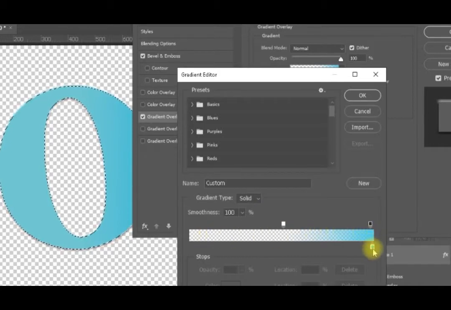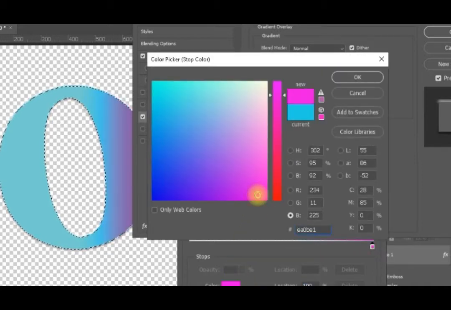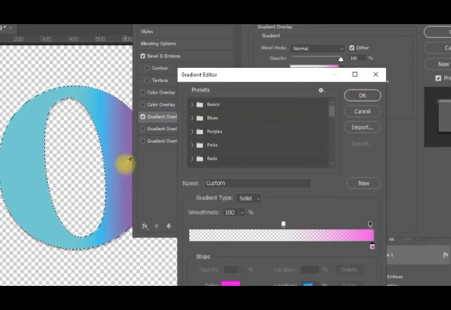For example, this gradient is coming here from the blue. You can see here that's the blue color, and this one is how opaque, or how it's 100% applied or 50% applied. So for example, if I change it, I can select the color from here, so I'll select a different color. I will use this purple color. Okay, then you can see that this purple color is applied here,